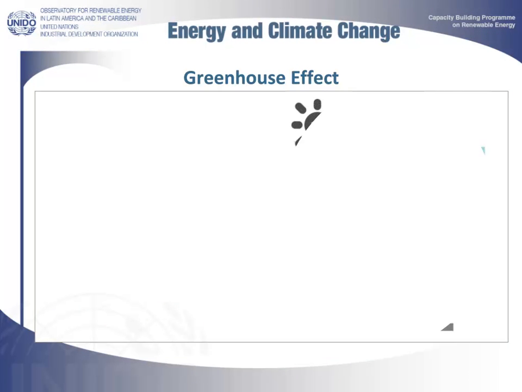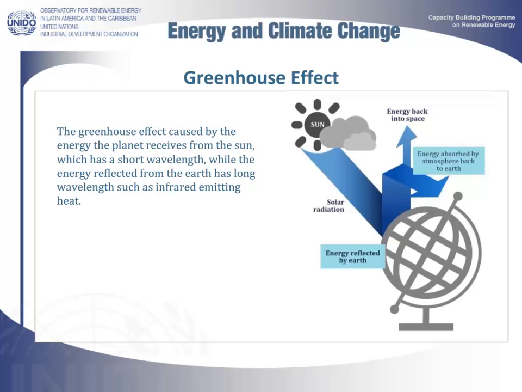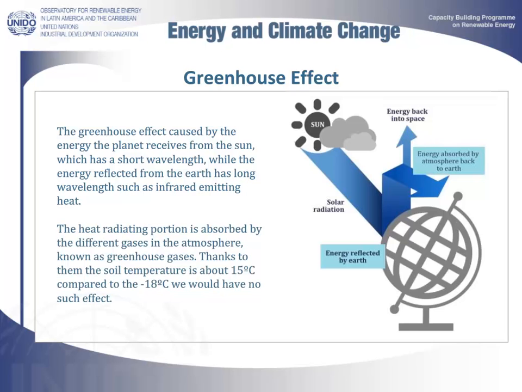Let us see graphically what the so-called greenhouse effect actually is. Greenhouse gases absorb infrared radiation emitted by the surface of the Earth, by the atmosphere itself due to the presence of the same gases, and by clouds. Atmospheric radiation is emitted in all directions, even towards the Earth's surface, and greenhouse gases trap the heat within the Earth's troposphere. This is known as the natural greenhouse effect.